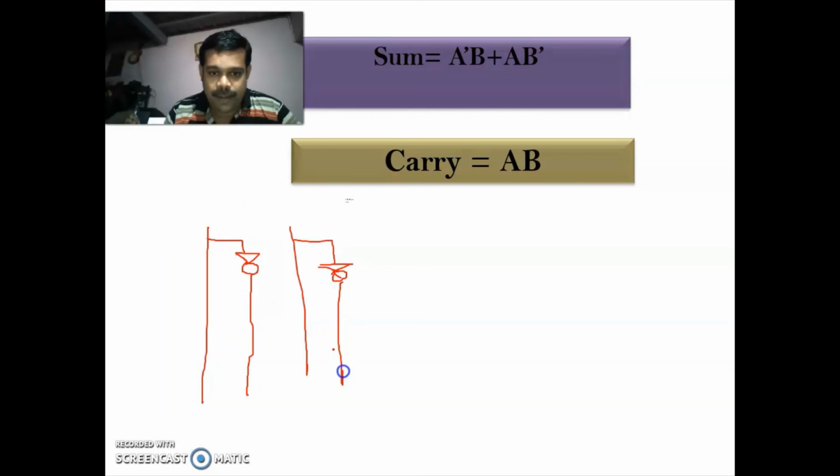This is A, this is B. So here you'll be getting A bar, and here you'll be getting B bar. So you'll be getting like this. So A B and A bar B bar. So by using this, you can draw your